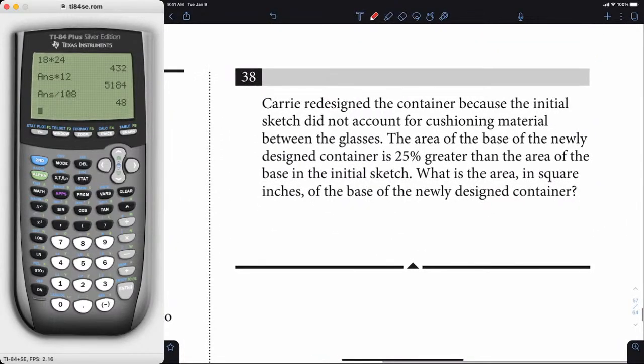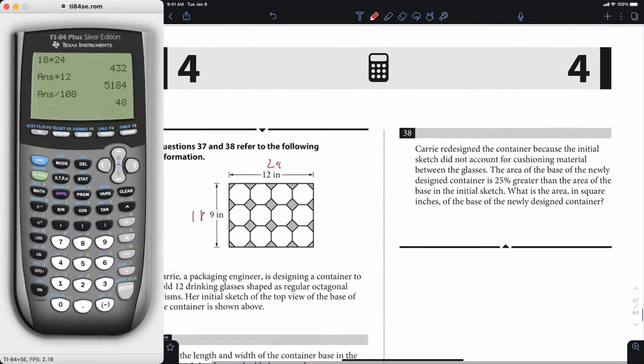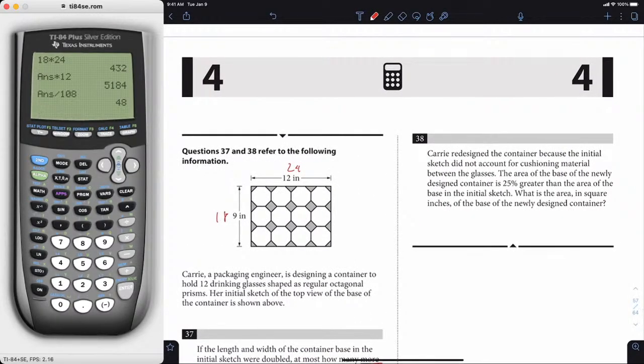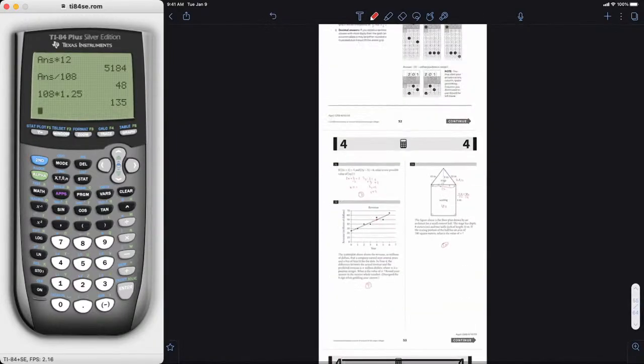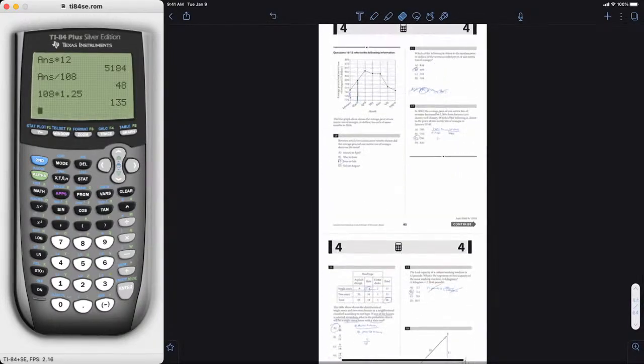Alright. The area of the base of the newly designed container is 25% greater than the area of the base in the initial sketch. Well, the initial sketch is 108. So 108, 25% greater. We just need to do 108 times 1.25. And that's going to give us, ta-da, 135. Alright. Those are my solutions to the April 20